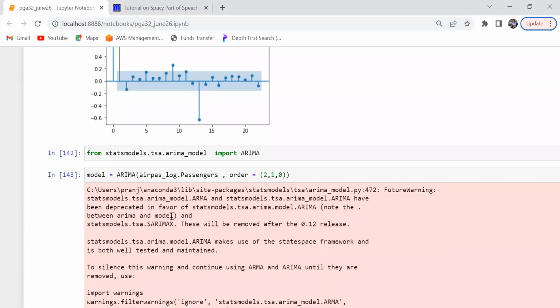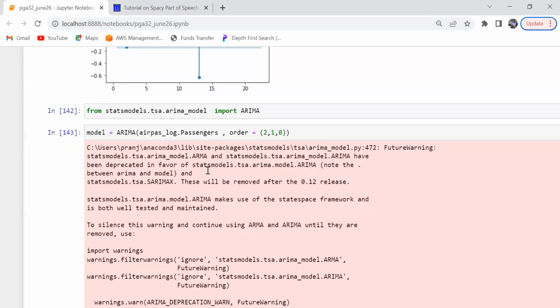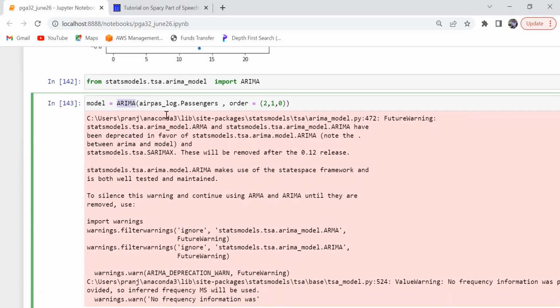I am expecting some people may get an error while building this ARIMA model. The error is quite obvious because this ARIMA function is being removed, because its successor, SARIMA, has come. Whatever you want to do with ARIMA is being done with SARIMA. If you notice, it says future warning: this model would be deprecated. Why? Because you have